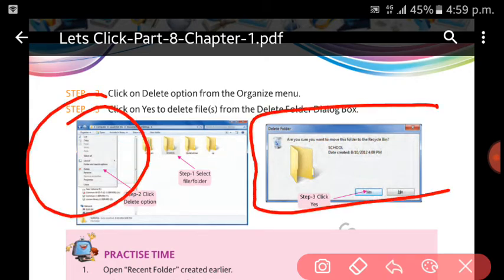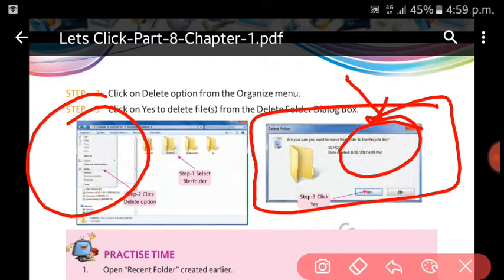This dialog box will pop up, and you will have to choose the yes option. You can see this will go to the recycle bin. If you want to delete it permanently from your computer system, you have to use the shift plus delete key, so it will get deleted permanently.